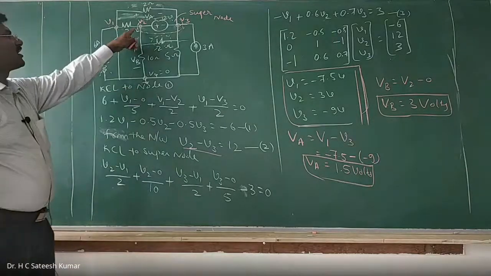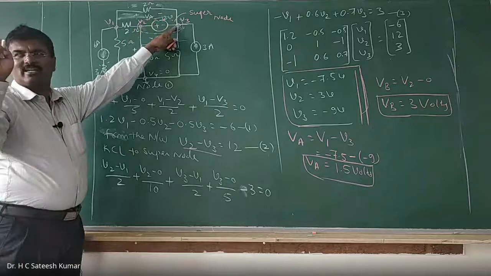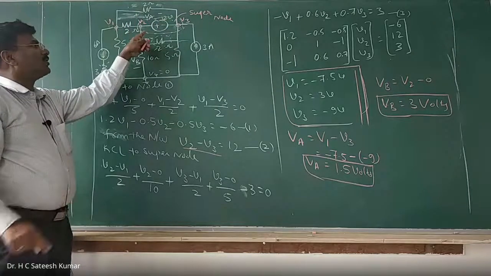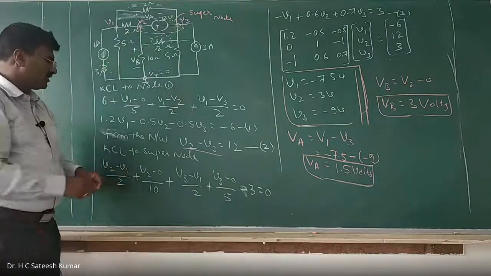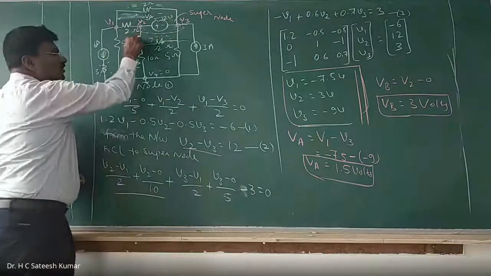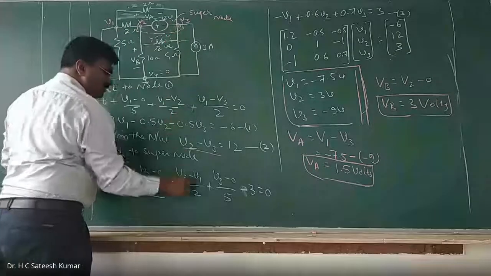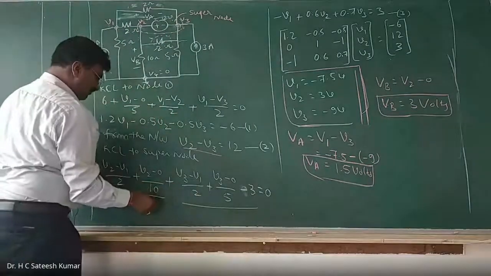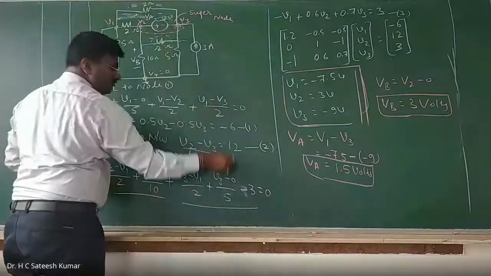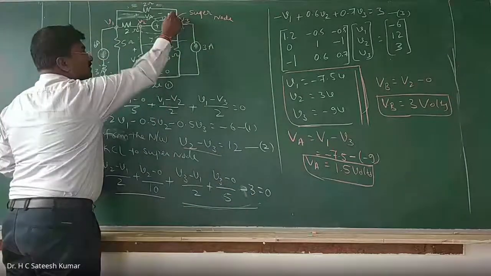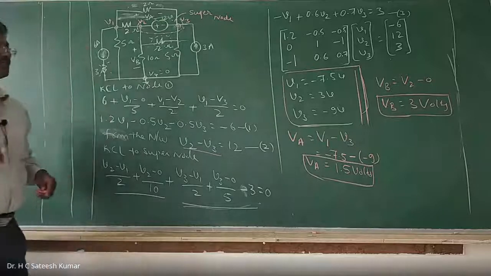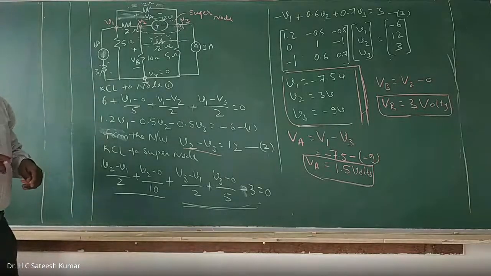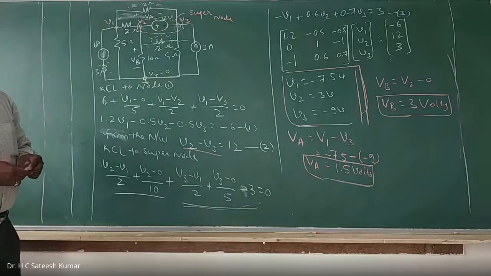So, we are combining these two, we can make a single node, and to that single node we are going to apply the KCL. So these two are from these two, and these three are from these two. 1, 2, 3, these three. That means this and this combined together, a single equation we write. That is known as supernode. And using this supernode, we can evaluate.